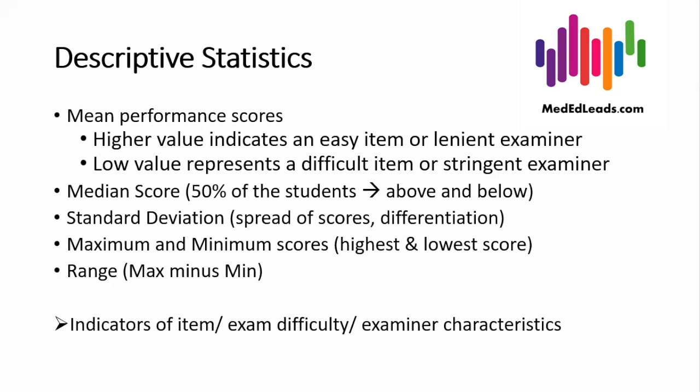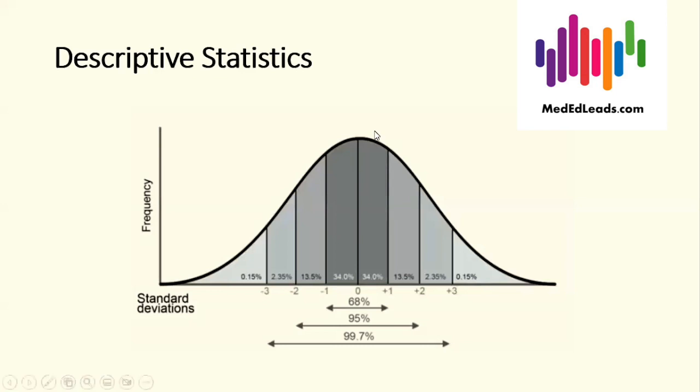If that's a station, was the examiner stringent? Or was the content of that station difficult? Was the question difficult? Was the exam so difficult that students weren't able to do 20% of those one best MCQs? If the mean score on this test was 50% and the standard deviation was 10%, what does it tell you? It tells you